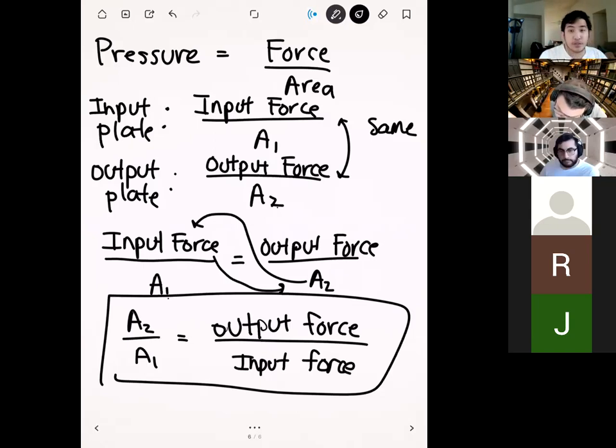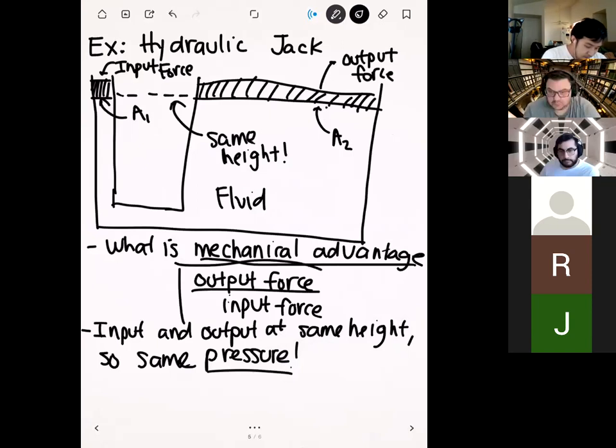All right, any questions on this example? Yeah, so the question is, what is mechanical advantage? So mechanical advantage is this right here. It's basically the ratio of how much output force you generate per input force that you put in. So the higher this ratio is, say the mechanical advantage is like 4x, what that means is that for every Newton that you put in, you get 4 newtons of output. So it's how much advantage this jack is giving you.